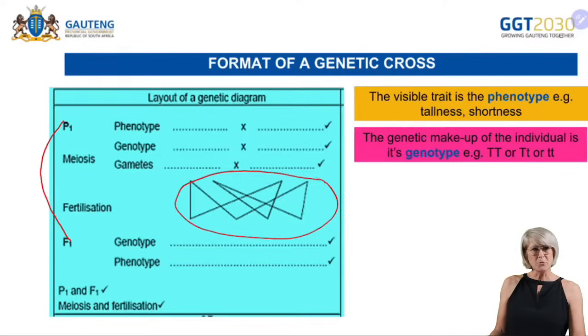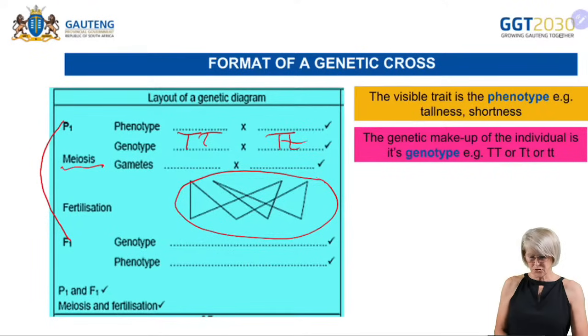For example, we might have 2 big T's, so that individual is homozygous, or big T, small t, or 2 small t's. Then we write out meiosis. So meiosis comes in next, because from meiosis we form gametes. Okay, and then the gametes, when we write out the gametes, so say we're using the genotype, this is the genotype,